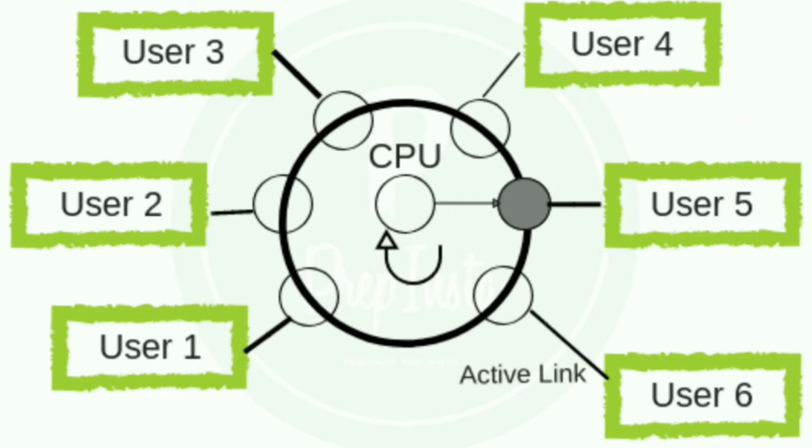Next, we're going to learn the types of operating systems. In that, the first one we're going to learn is the time sharing operating system. Whatever I told you before, those were the examples of operating systems. Now we're going to discuss the types of operating systems. The first one is time sharing.